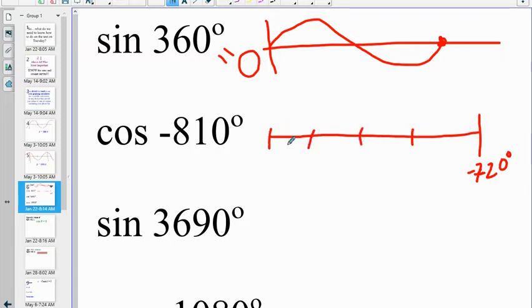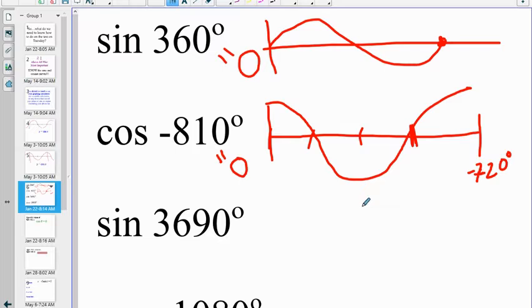And so if I'm thinking about what a cosine curve looks like back here, negative 720 minus 360 would be negative 1080, but that doesn't really matter to me. Here's the important place that we're looking. We're 90 degrees less than negative 720 degrees, and my graph is again crossing the x-axis there,